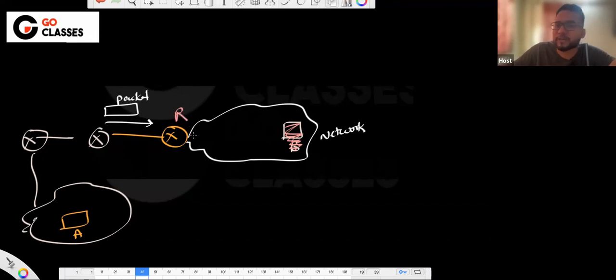First, it will check where to forward this packet, using its routing table. Then it will get to know that you have to forward this packet inside its own network. If it has to deliver this packet inside its own network, can anyone tell me what is the first step this router will do? It has to find the MAC address of B, using ARP. Using ARP, R has to find the MAC address